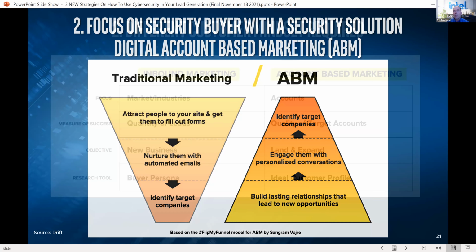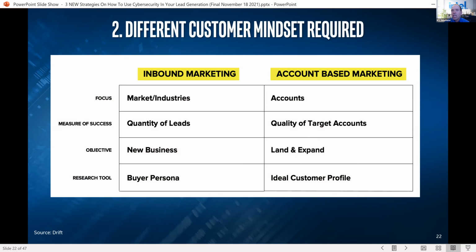And on the ABM side, think of this as kind of two different ways. I laid out inbound marketing and account-based marketing. When we look at general marketing, we're looking at it from a focused perspective, as in marketing to industries. When we do ABM, we're looking at account-level activity. So this is where really being focused and knowing what type of accounts we're going to go after matters.